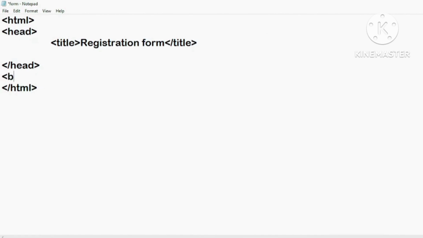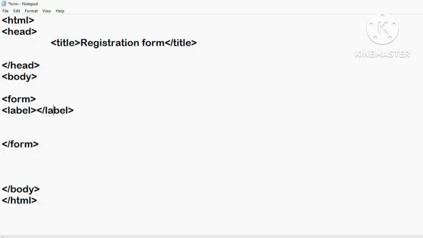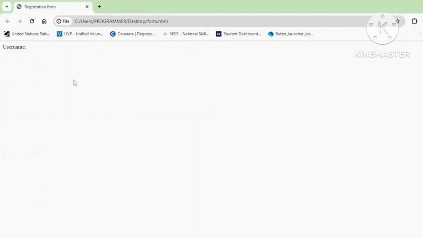Write the body tag, and inside body tag we're going to create a form. Okay, so first of all we have form tag. This is a pair tag. We have the opening and closing tag, form tag, and inside form we're going to use a label tag to label our inputs. There is an attribute for label tag, like for what you are going to use the label tag. So I'm going to use label tag for username. So after that we have to write input,